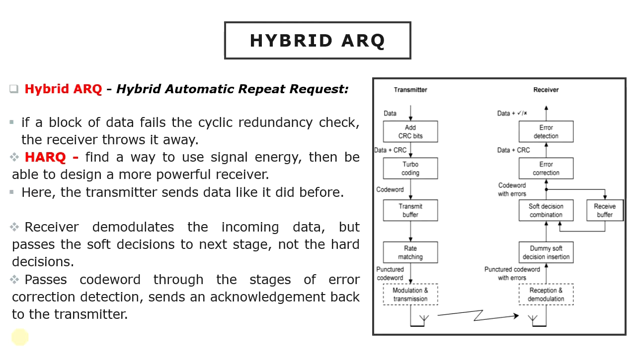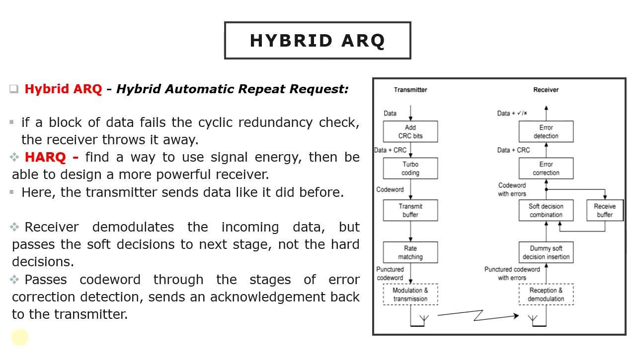The ARQ technique from the previous point works well, but has one shortcoming. If a block of data fails the cyclic redundancy check, then the receiver throws it away, despite the fact that it contains some useful signal energy. If we could find a way to use that signal energy, then we might be able to design a more powerful receiver. This idea is implemented in a technique known as hybrid ARQ or HARQ, which is shown in this